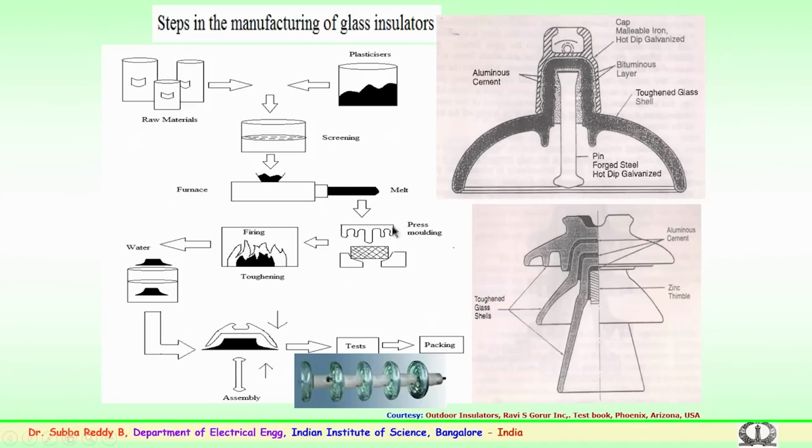After melting, it is carefully molded using cast iron molds for the required shapes. Further, for toughening, it is sent for firing, and after the firing the insulators are dropped in the